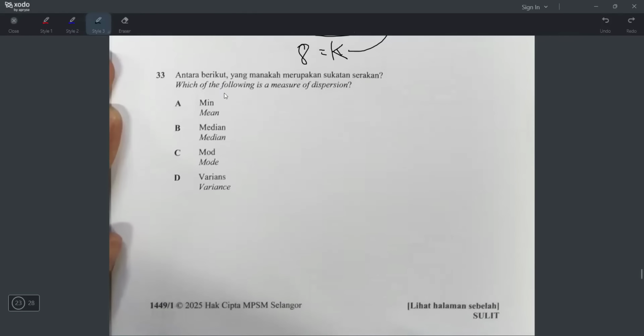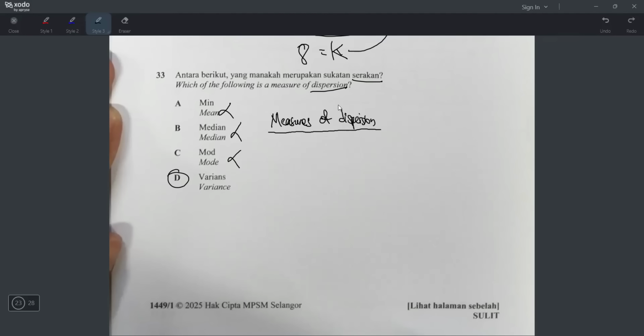Okay, 33. Which of the following is a measures of dispersion? In Bahasa Melayu, dispersion is called serakan. Okay, mean, no, median, no, mode, no, variance. Yeah, that's the answer. Okay, let's talk about measures of dispersion. Sukatan serakan. Okay, what is sukatan serakan? Sukatan serakan, measures of dispersion, is